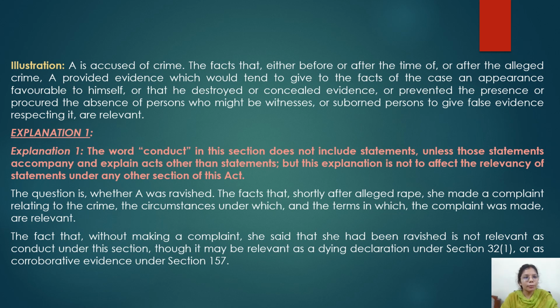Now see, this is an illustration which is basically explaining about the conduct of an accused. So A is accused of the crime. The facts that either before or after the alleged crime, A provided evidence which would tend to give the facts of the case an appearance favorable to himself, or that he destroyed or concealed evidence. Now when a person does all such things, whenever he is actually guilty, whenever he has done something wrong, he'll try to hide it. Similarly, the illustration is trying to highlight that such conduct would be considered as relevant under section